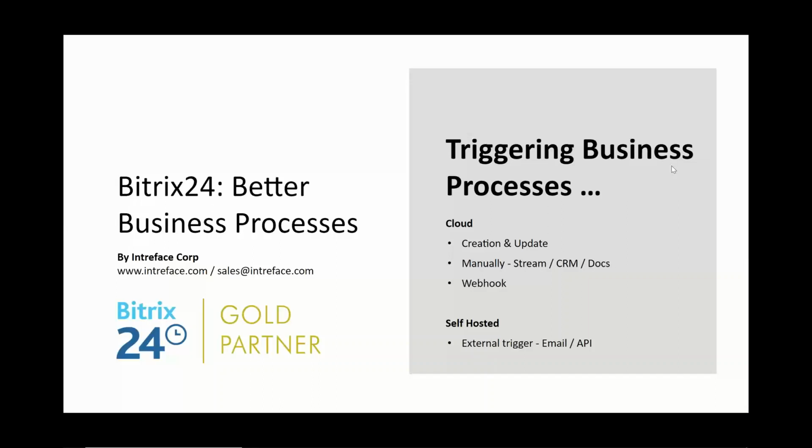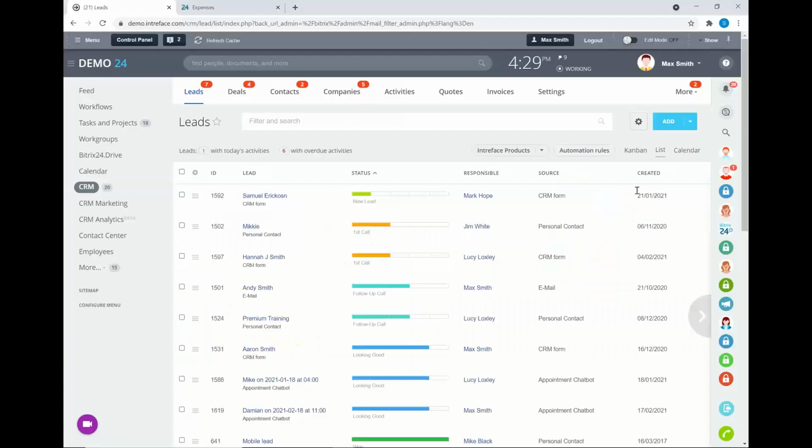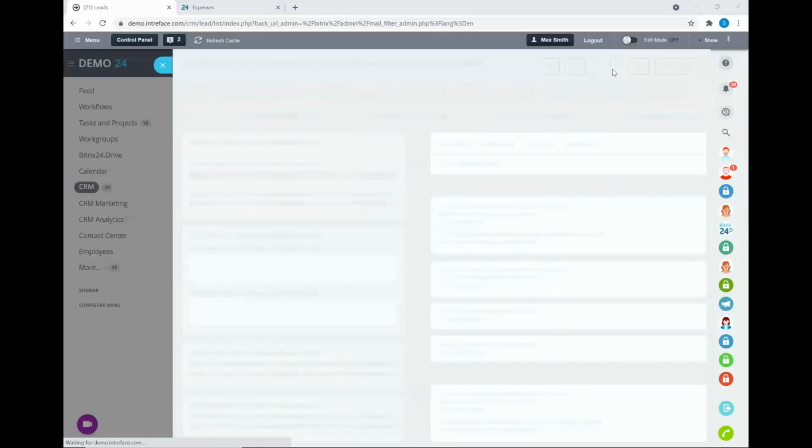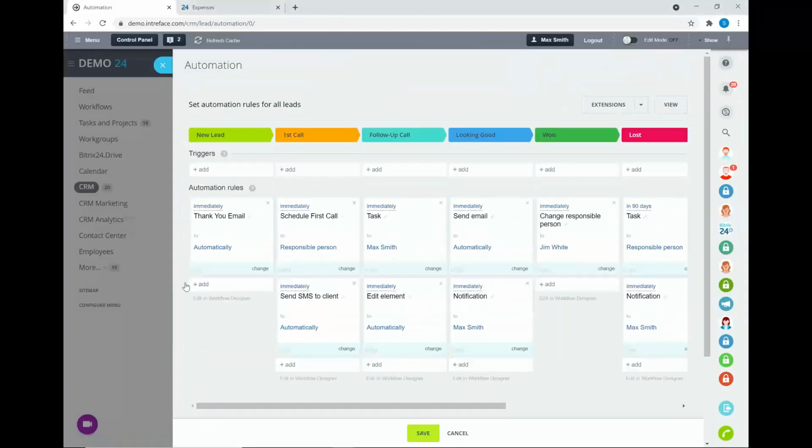Okay, so question here, is there an automation for voicemail? No, I'm afraid there is no automation for voicemail in the system. But what you can do is, if we just go back into the automation rules, you can send out